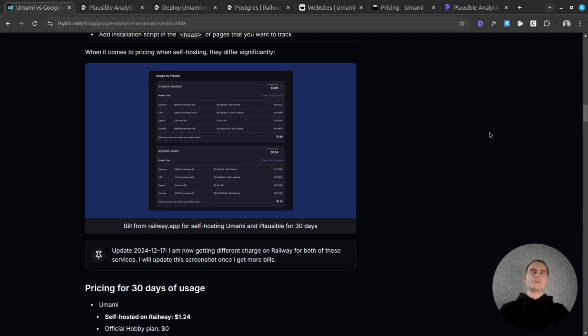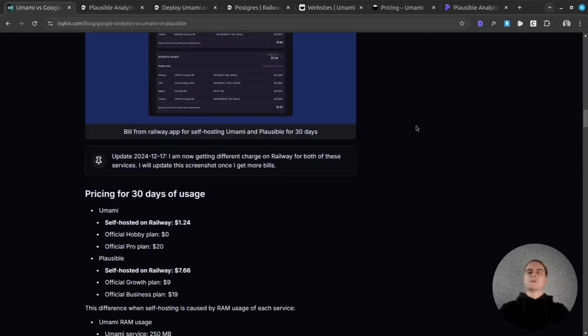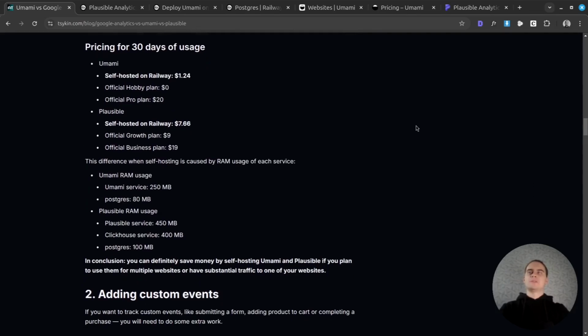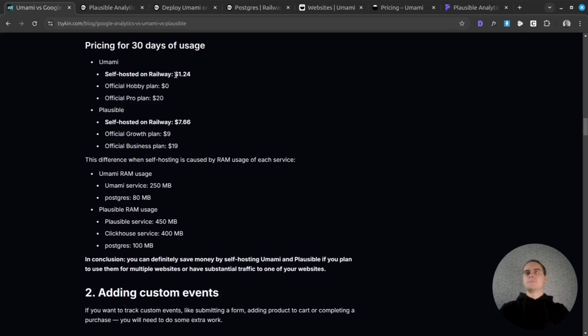So I think those will be the actual costs. Again, I might update the numbers the longer I use it. So feel free to check out this blog post. It might be updated already as you watch it. So I will be updating those numbers, but for now, this is the actual bill that I got from Railway after 30 days. So let's now compare it to the cloud versions of both of those apps,